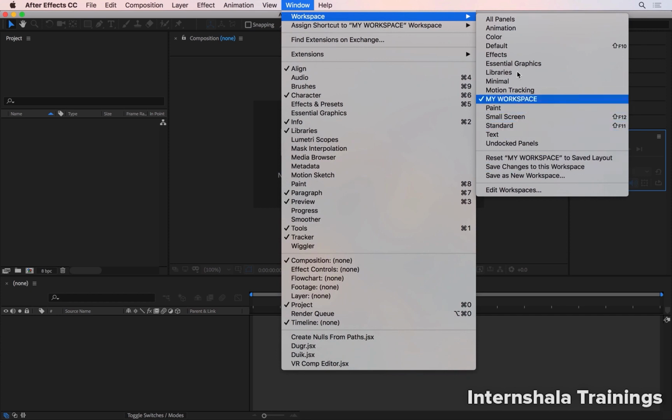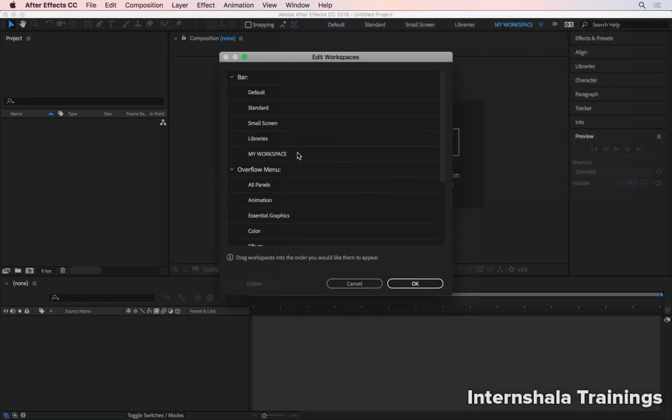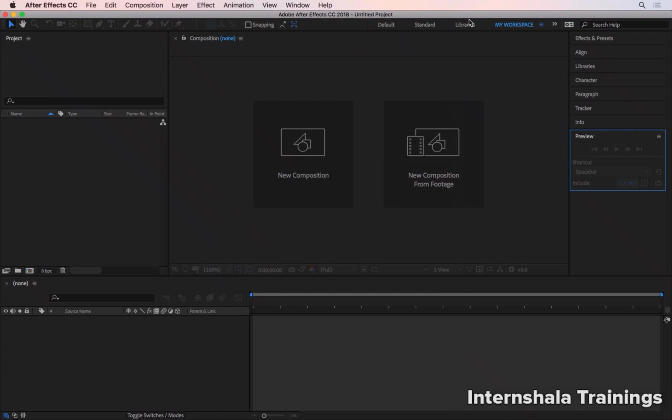You can create as many of these as you like, and if you then wanted to delete that, all you have to do is to go to Edit Workspaces, and then select the workspace you want to remove, here, and then just hit delete. Also, by the way, in the bar, these are the workspaces that we were seeing. This is the bar that it's referring to. So if you don't want to see some of the workspaces in the bar, we can just go and select the individual workspace and then delete it from the bar. So if I delete my small screen workspace and then hit OK, you see that the small screen here is